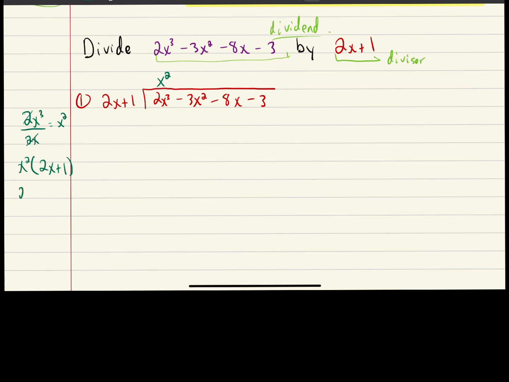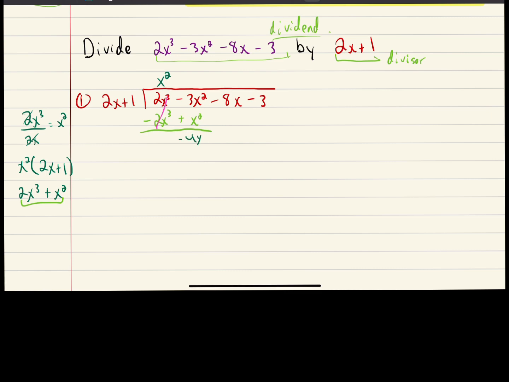That is going to give me 2x cubed plus x squared. I'm going to then take this value and subtract it after carefully lining up all the like terms. That would then cancel the x cubes, and then minus 3x squared minus x squared gives me a value of